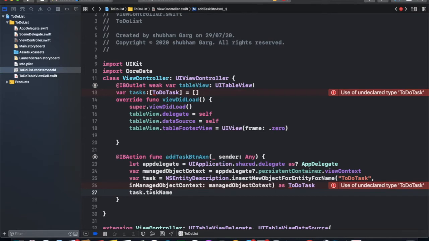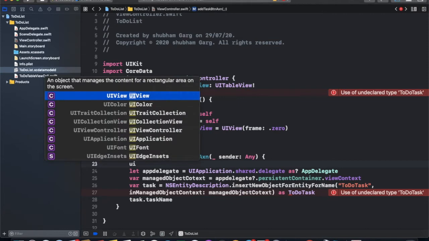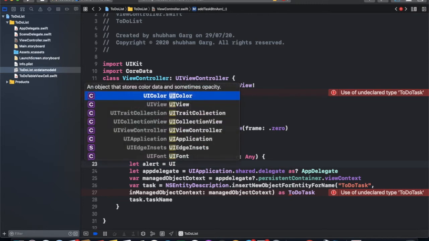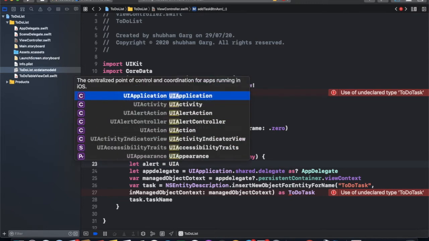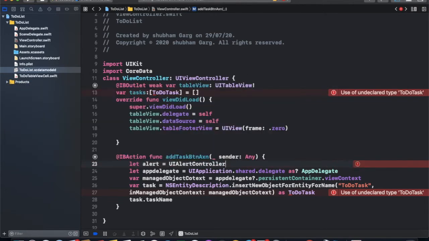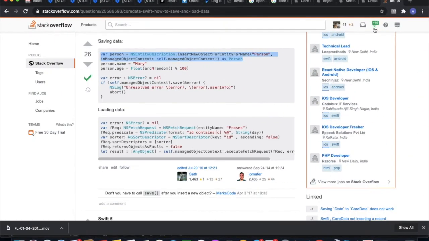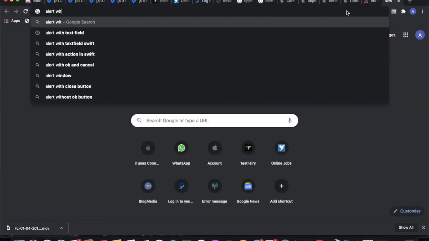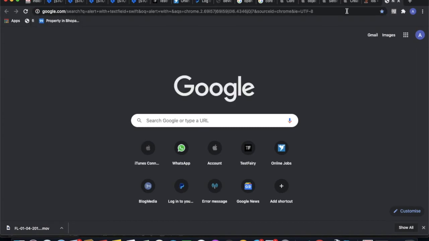Now we need a name. So for entering a name, we are adding alert. Alert is equal to UI alert. We are using alert with a text field, so Google it for alert with text field.